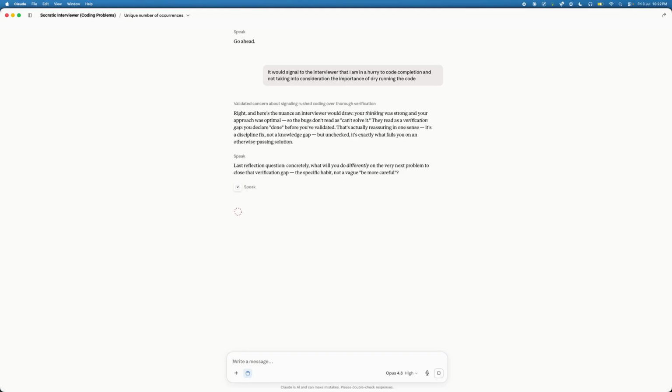Last question, concretely, what will you do differently on the very next problem to close that verification gap? The specific habit, not a vague, be more careful. Dry run the code before saying it's done.